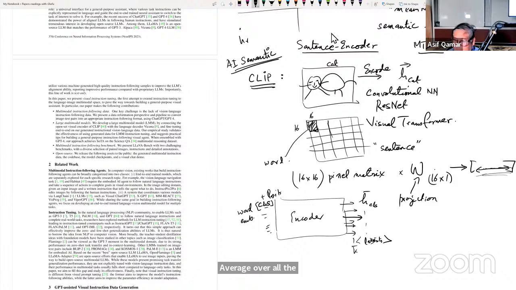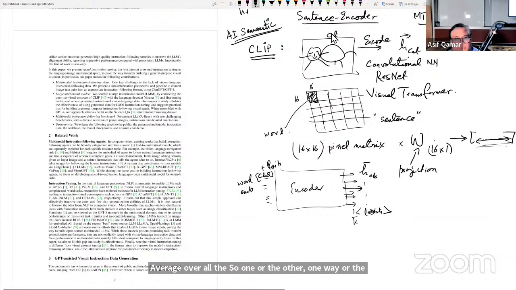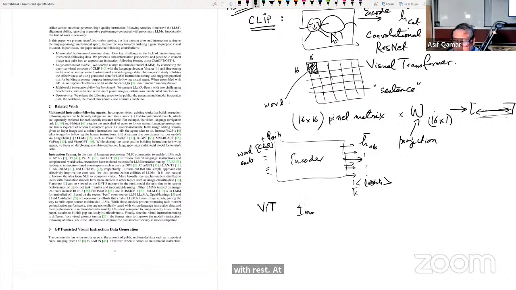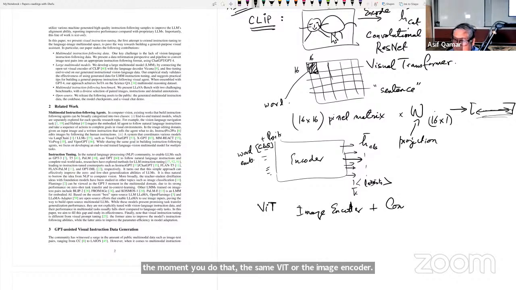So one way or the other, you have a way to make an image into a vector. Now, the moment you make an image into a vector, and that is the ViT, which CLIP uses, CLIP actually goes and says you can do it with ViT or with ResNet or whatever. But the moment you do that, the same image encoder plus the same contrastive loss,